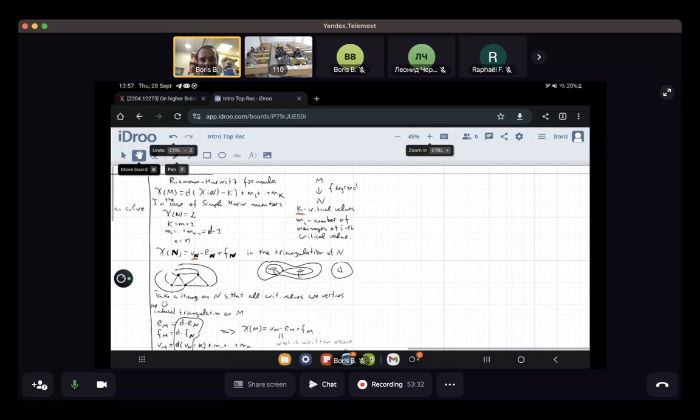This definition with coverings and this definition with permutations. So as follows. If we go from coverings to permutations,